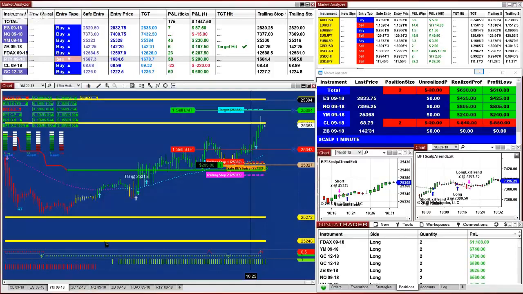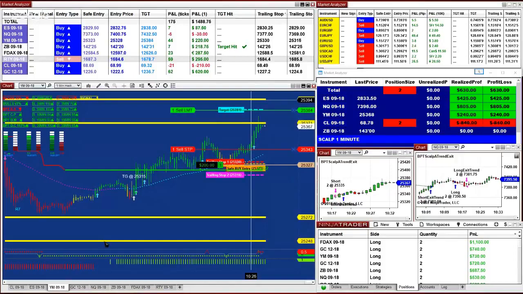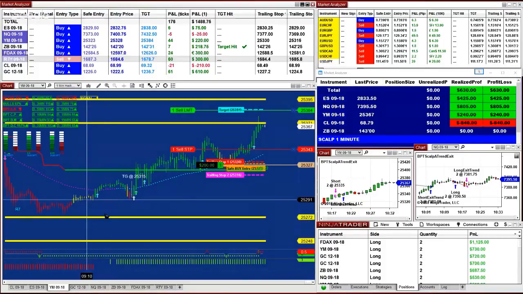Yesterday there were, I don't remember, around 300, 400 ticks, and then at the end of the day there were up to 700 ticks in profit. But right now, based on the last signal, we have 173 ticks based on one contract, and it's based on 1 minute and 1 minute only. So let's look at the ES.